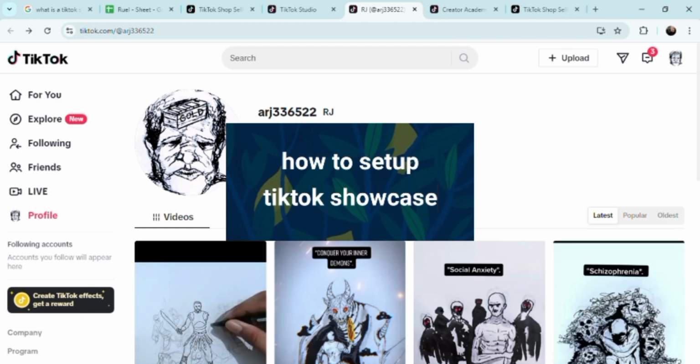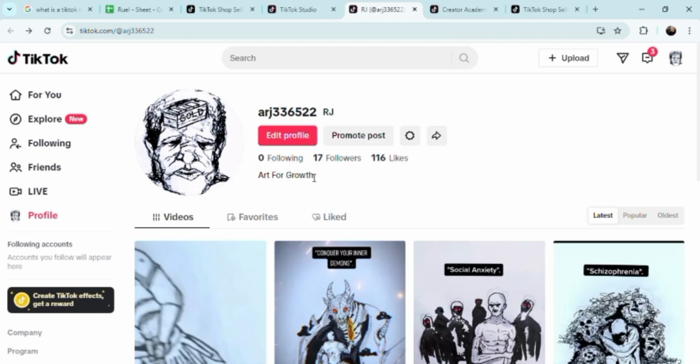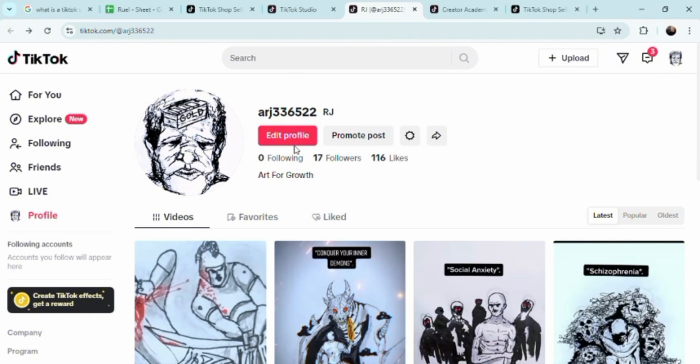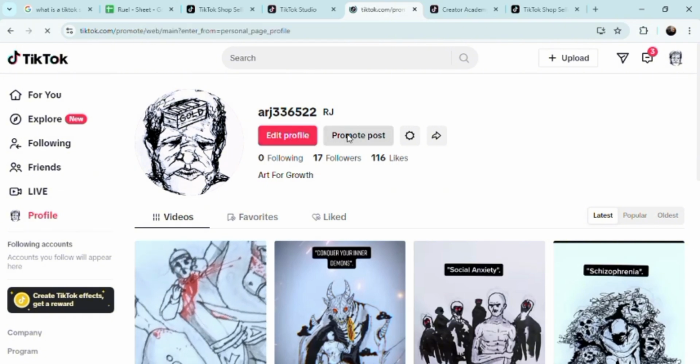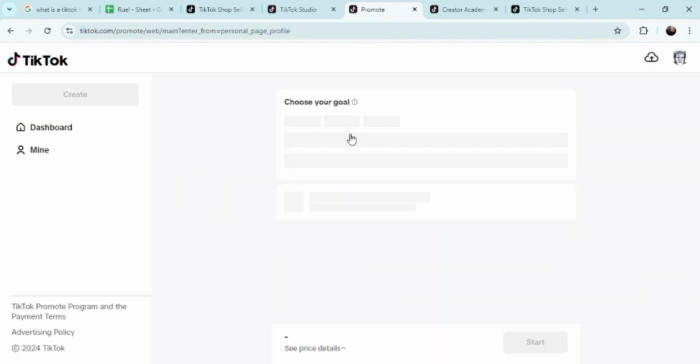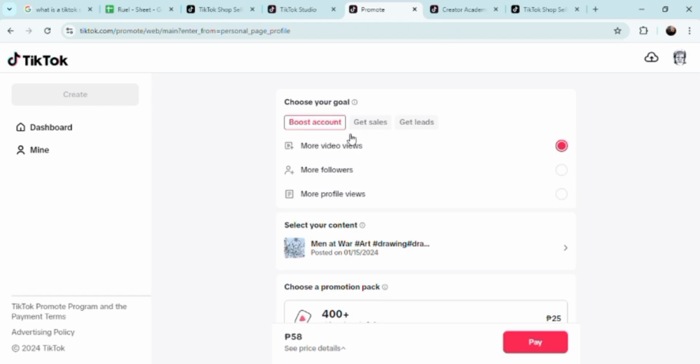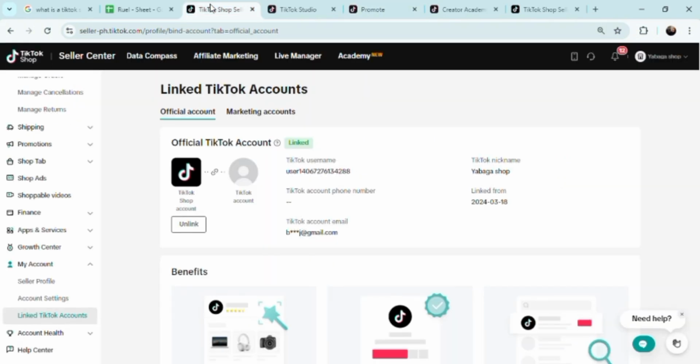Now, this is going to be a really simple process, so bear with me. In here on your actual account, you can just basically promote. Click on promote, and you're going to be on your way to your showcase. Okay, so what type of content it is. You can make profile views. Yeah, you can basically pay for it. On my country's revenue was 25 pesos for a 400-plus promotion pack, but in sort of all basically showcases,